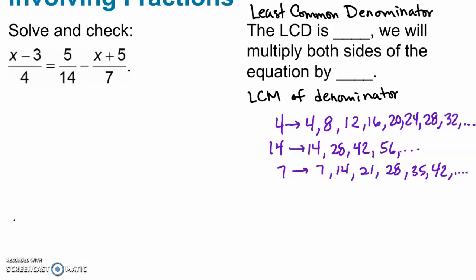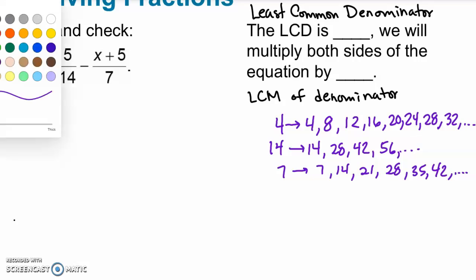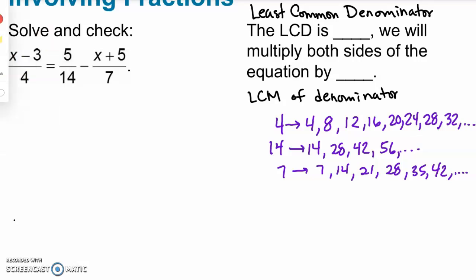And so you need to look through the 3, and sometimes you'll have more than one that they have in common, but you want the least common one, so the smallest number. And when I look at this, I see that all 3 of them have 28 in common as a multiple. So I'm going to choose 28. So the least common denominator will be 28, and we will multiply both sides of the equation by 28,